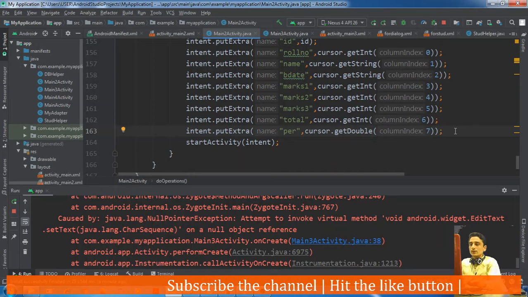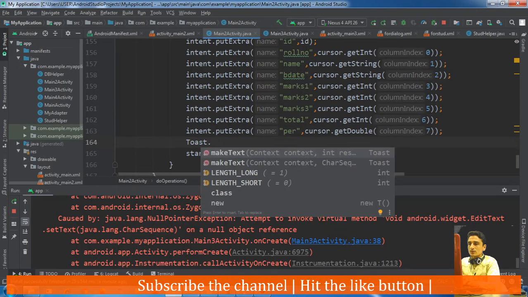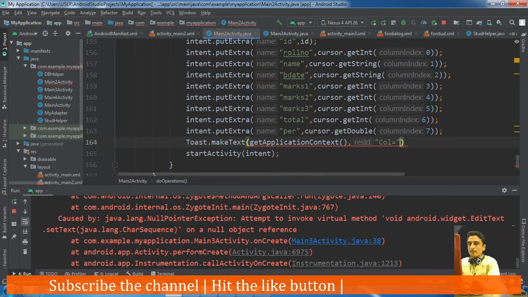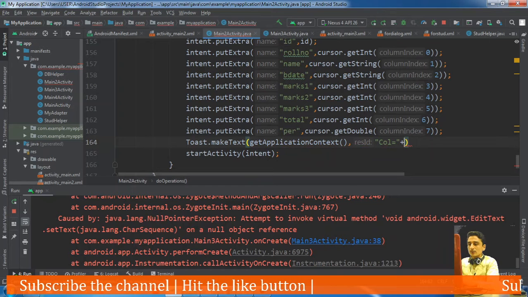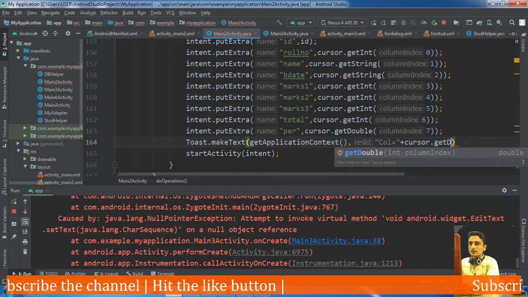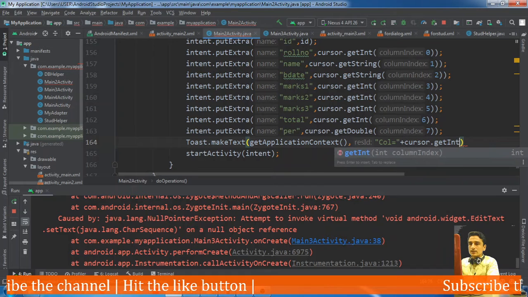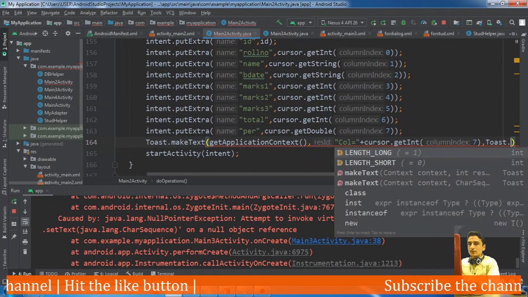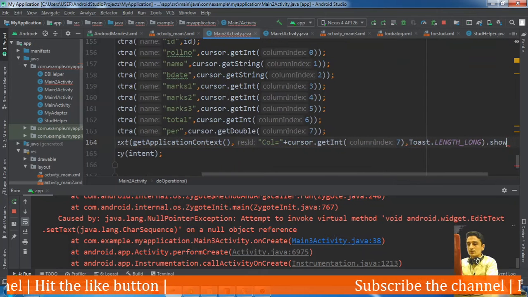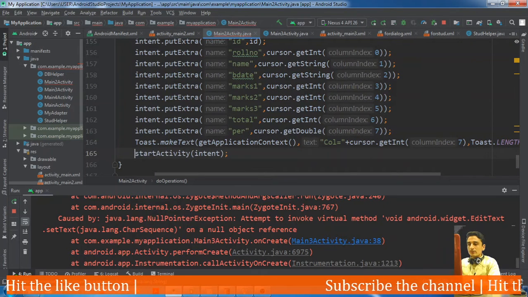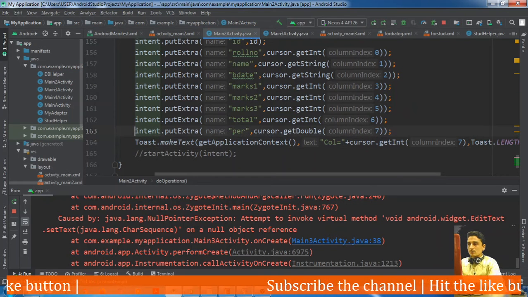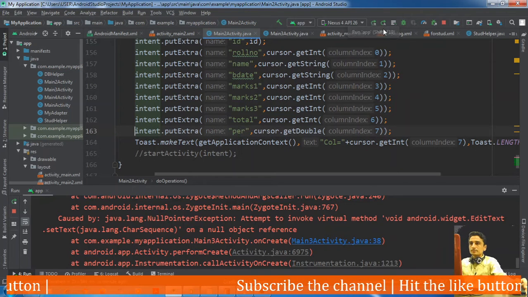Let us do one thing here. Let us show the Toast.makeText, getApplicationContext, and the column is equal to concatenate cursor.getInt 7, and Toast.LENGTH_LONG.show. We will not start the activity, we will just show the record here. Let's see.